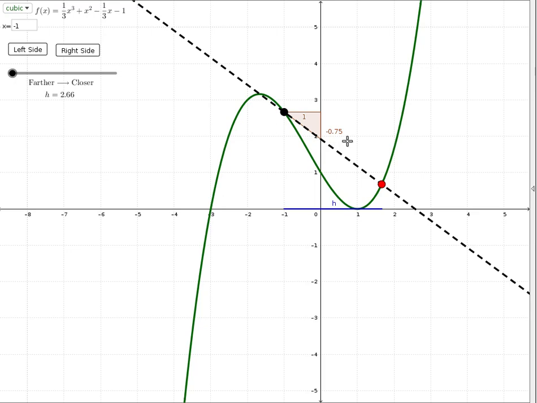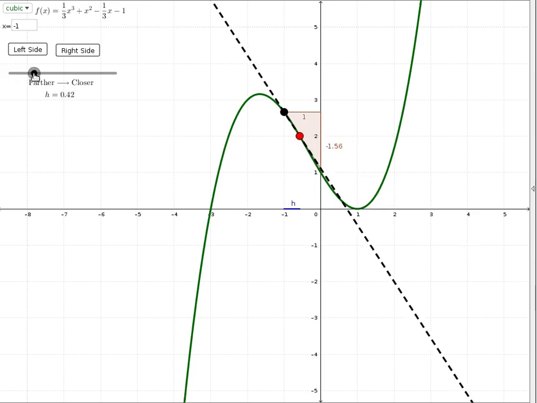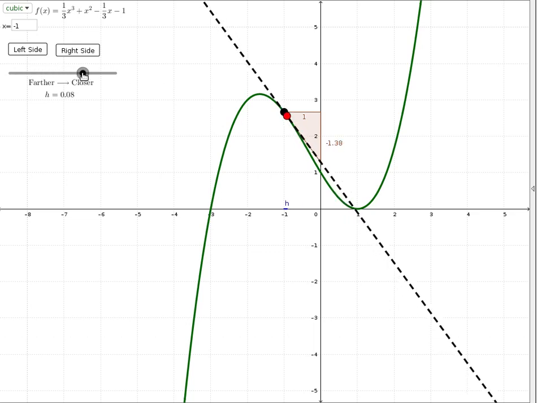So here you can see the slope is -0.75. As we bring this point closer and closer, the slope changes. Now it's at -1.5, and it looks like it's getting smaller and smaller, or I guess I should say bigger, closer to 0. That's a little weird with negative values. We're looking at